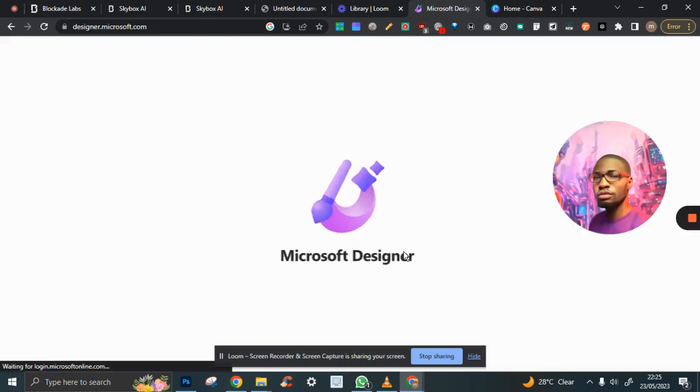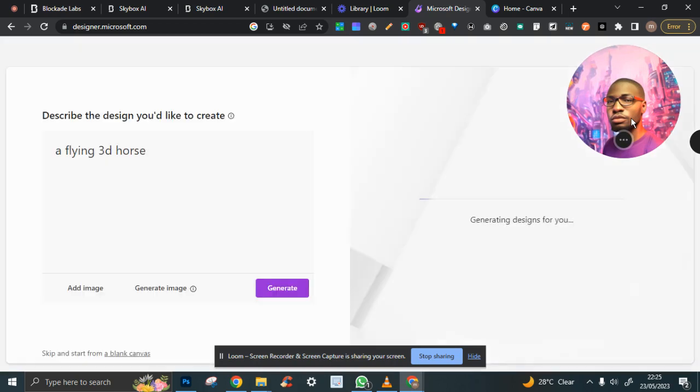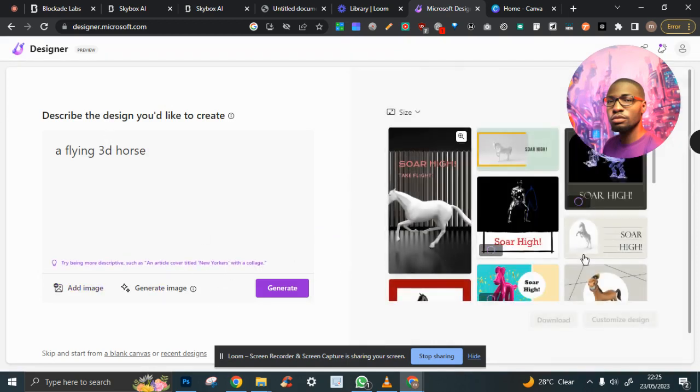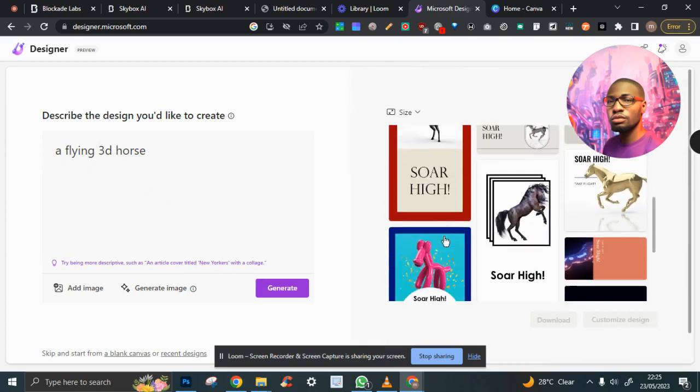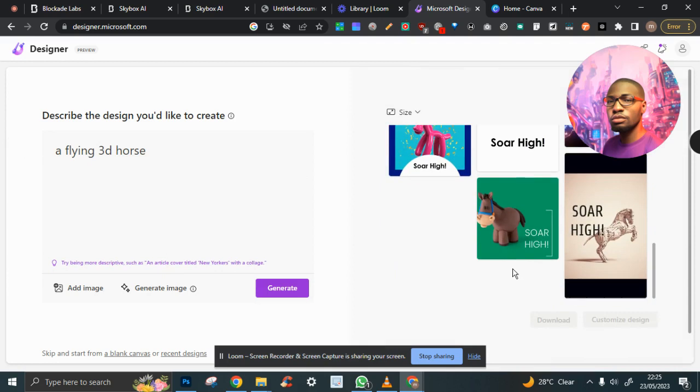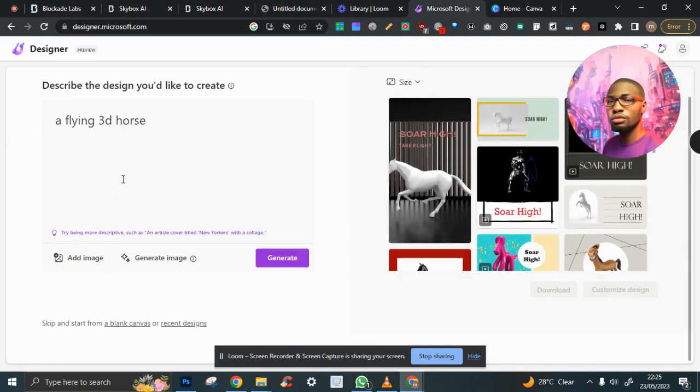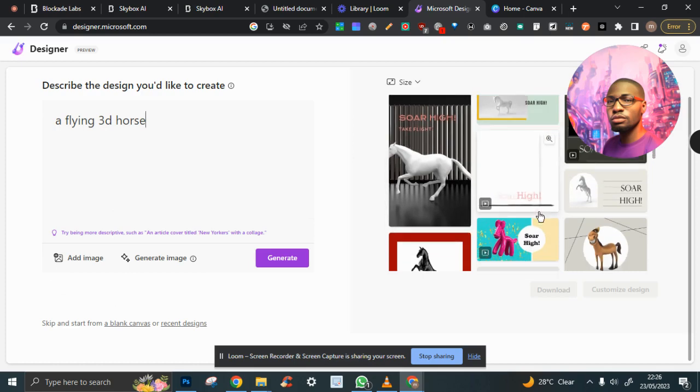Sorry for that little issue. So let's take a look at what Microsoft Designer looks like. So we have this. So you easily describe what you want, and it generates the image for you. So I initially said the flying 3D horse, and we have something already generated here, which was fast. So we could just say